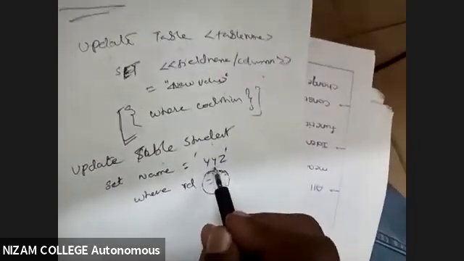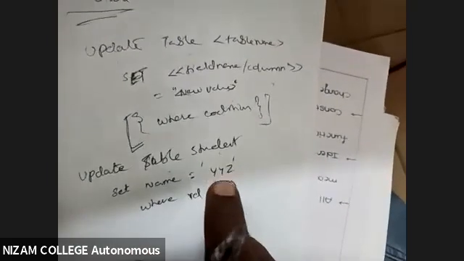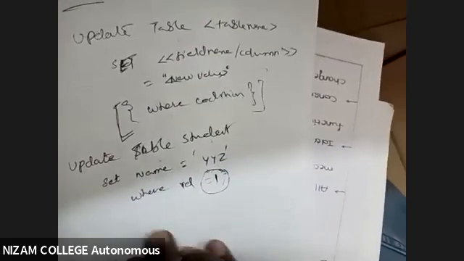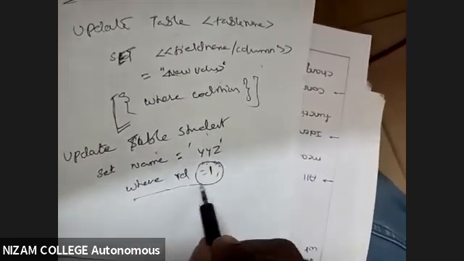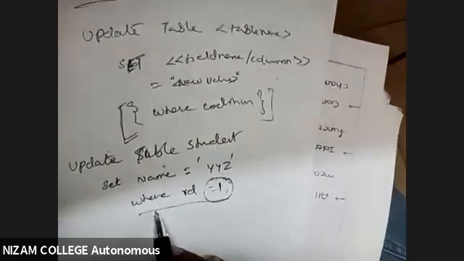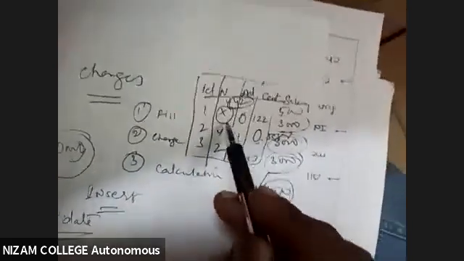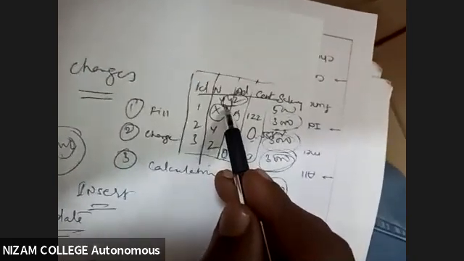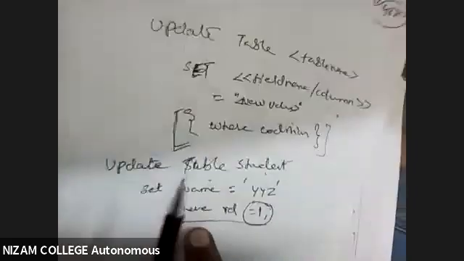And if the value is applicable for all, then don't write the where condition. If it is applicable only for a single person, or two or three persons, then based upon that condition, I'll be using this tail. We call this a tail. So what is the tail I'm adding? Where ID equal to 1. So what happens now? Roll number 1, previously his name was X. Now it is going to come as YYZ. How has it happened? Because with the help of update. So this is what the update will do.